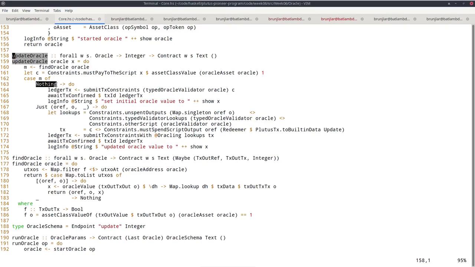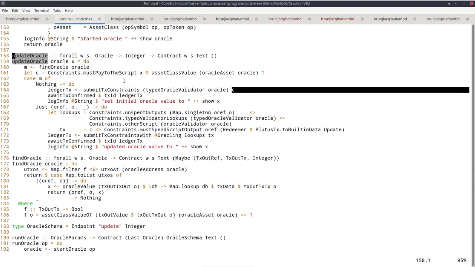And in this case, all we have to do is we must create a transaction that produces this output, the first output at the Oracle address. We only need 1 constraint, and that is the C. And I extracted that into its own line because I need the same constraint later in the second case here as well. So I didn't want to duplicate my work.